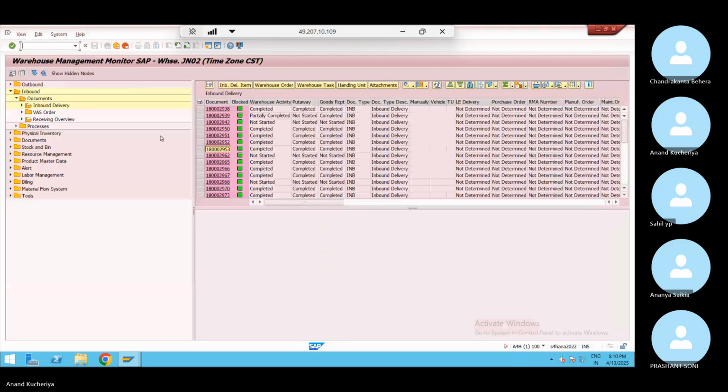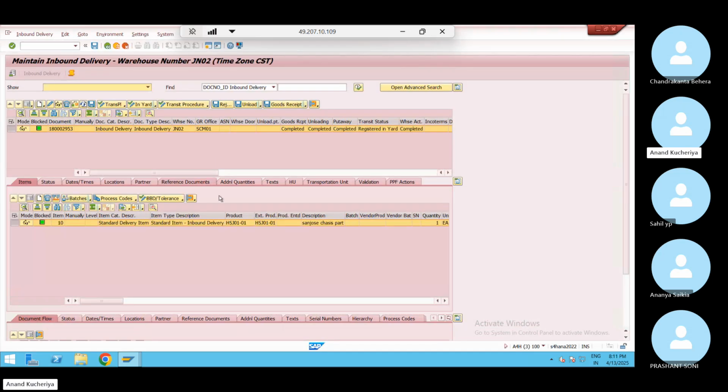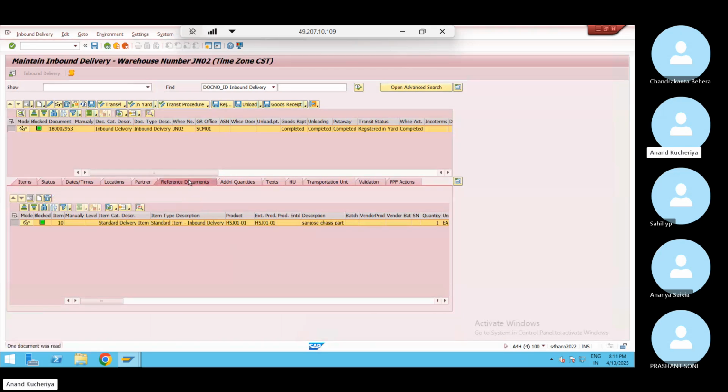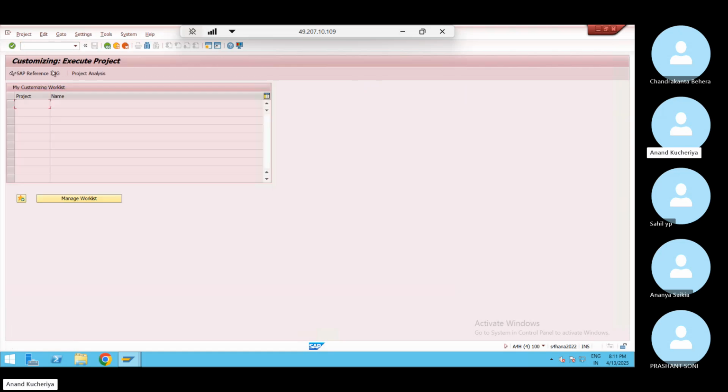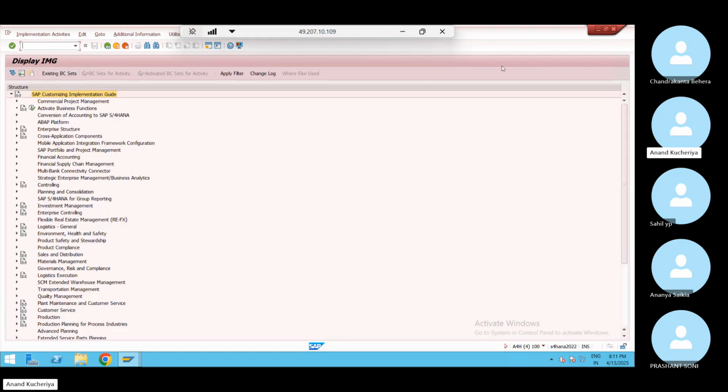In case the number range is different, we probably need to go into the reference document and we will know what the ERP original document is, and from that we can fetch this information. This is one way of identifying which plant my warehouse belongs to. And from the configuration point of view, if I want to know from the configuration side, what we can do,